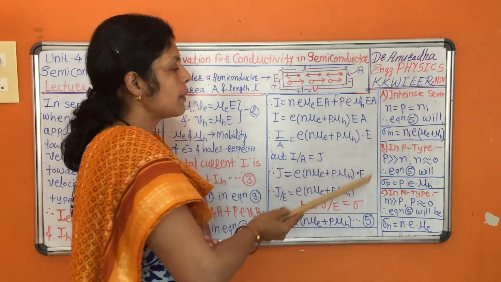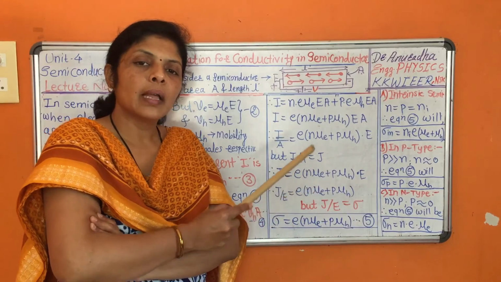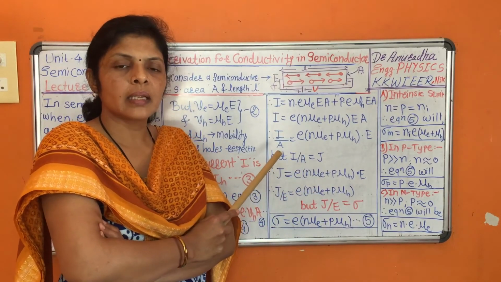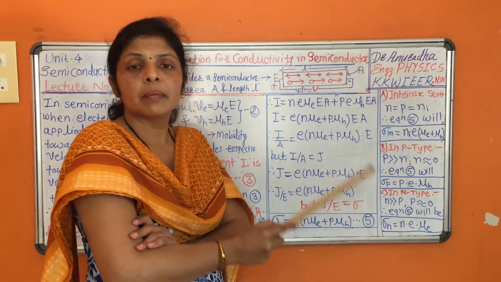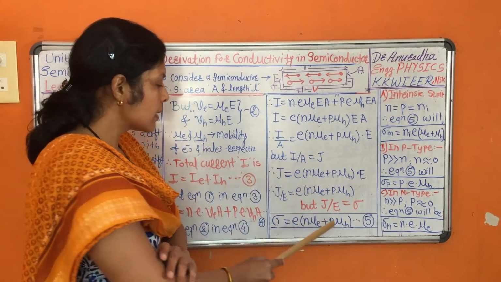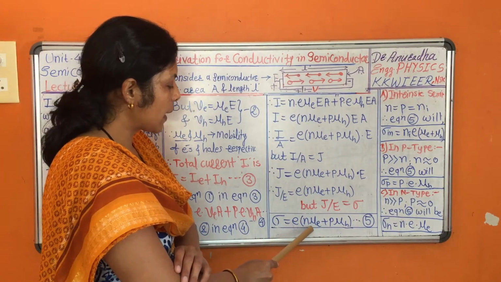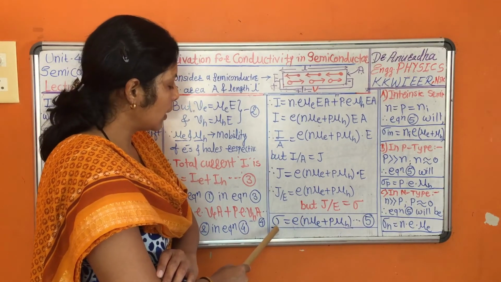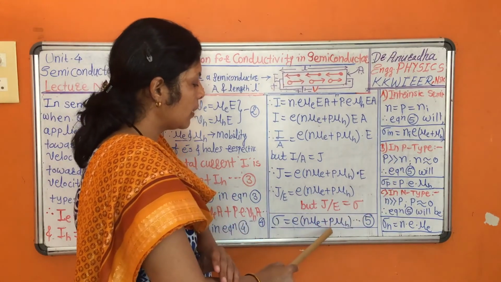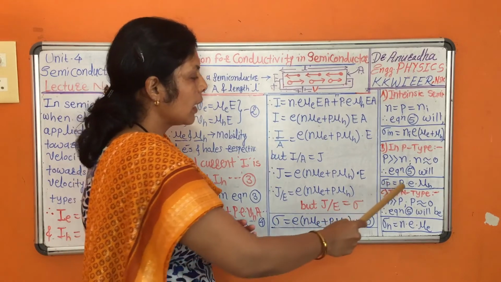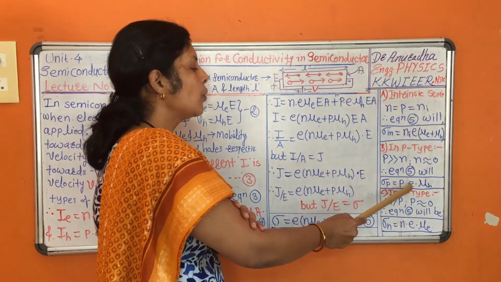This is the equation for intrinsic semiconductor. Now for p-type semiconductor. As all of you are well aware, p-type semiconductors have excess hole density over electron density. It is very high and hence electron density is negligible, nearly equal to 0. As n is 0, this factor will become 0. The conductivity for p-type material, sigma p, will remain only p mu_h into e, so the formula is p into e into mu_h.